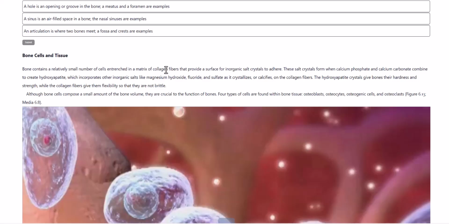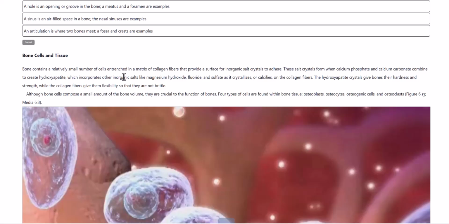Remember, an organic component is something that's made up of proteins or nucleic acids or lipids or carbohydrates. And so we have the collagen fibers that provide a lot of strength to bone. And then there's also an inorganic salt crystal, the calcium phosphate,